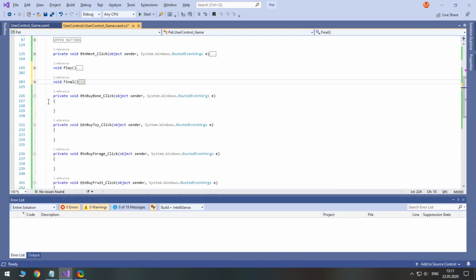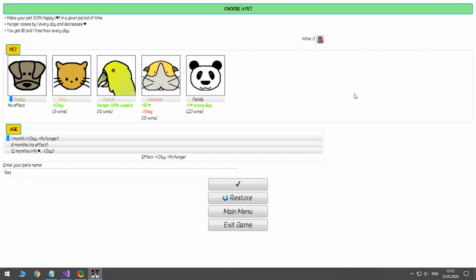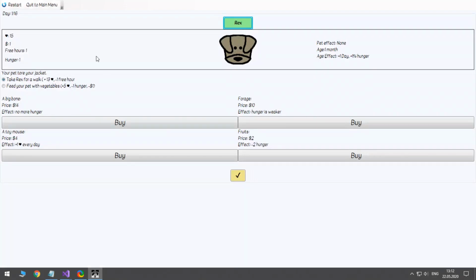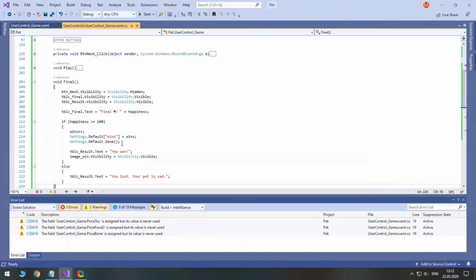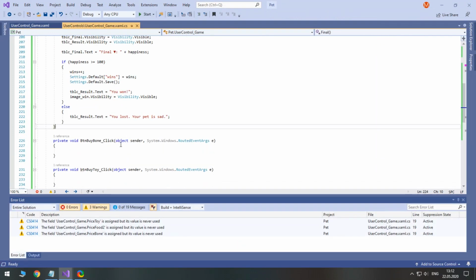That's all we do in the final method. Let's check whether the game is already playable. Good. The only thing that is left is to code items buttons.